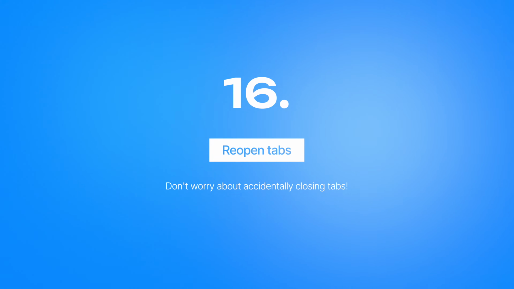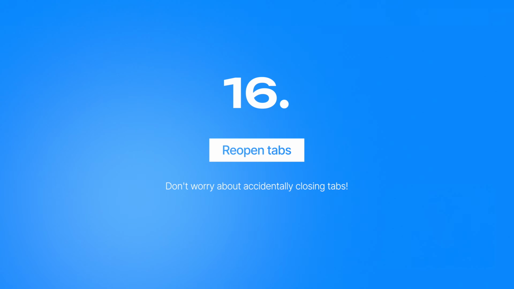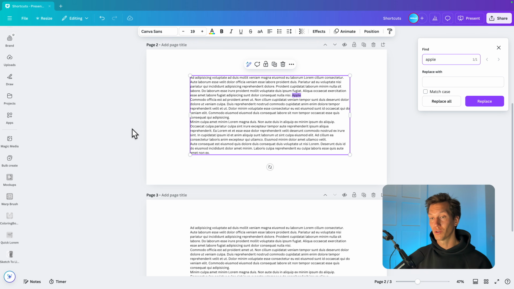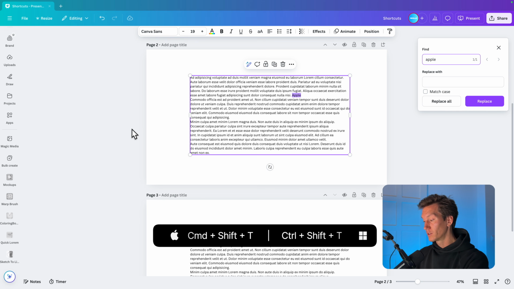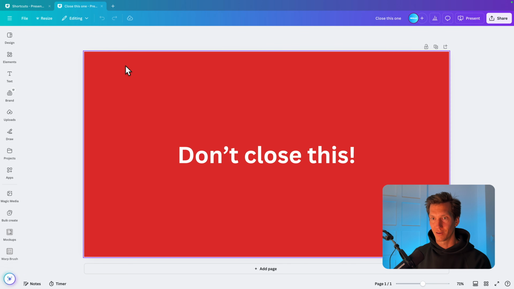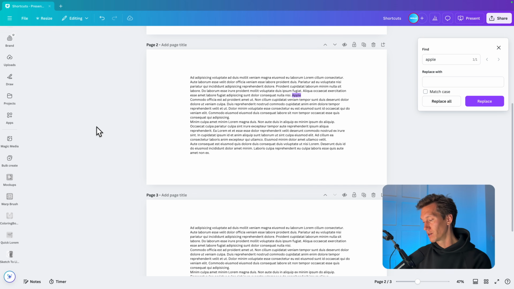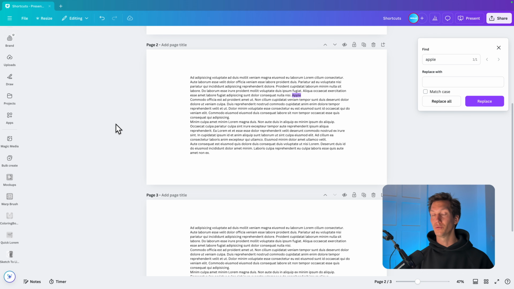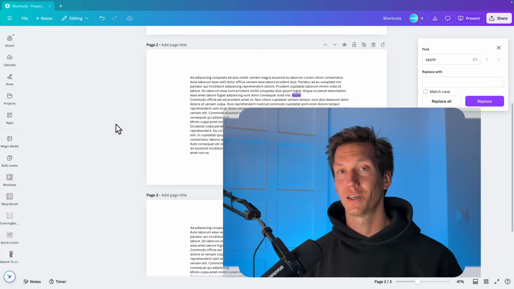And that brings us to the last one, and that is maybe the most important one. If you, for example, accidentally close one of the windows that shouldn't have been closed and you want to get it back, you can easily do Command-Shift-T or Control-Shift-T to open up that tab again in Canva. You can just close it, it doesn't matter, you can always bring it back, and it works for multiple ones at a time. So if you close a few, you can just repeat that and bring up all the previous tabs. So these were my shortcuts that have helped me out a lot in the past 2 years in